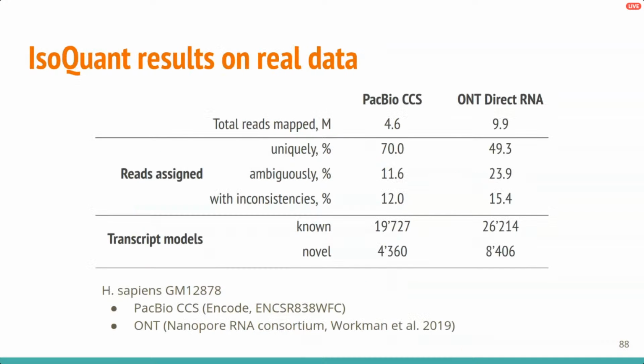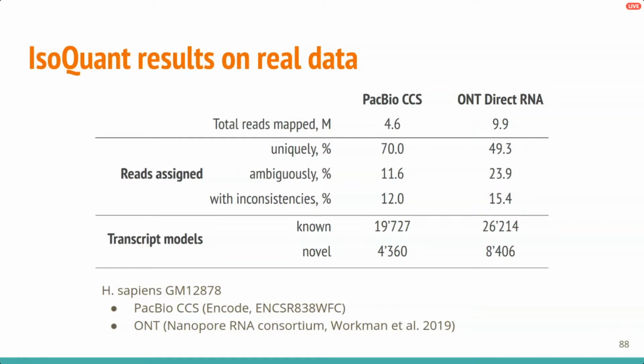Another point, of course, simulated data is good, and you can check different precision, recall, and so on. But of course, we wanted to test ourselves on real data somehow. We used the real PacBio CCS and nanopore data publicly available. And as you see, for PacBio CCS, as you expect, much more reads can be uniquely assigned to known isoforms,